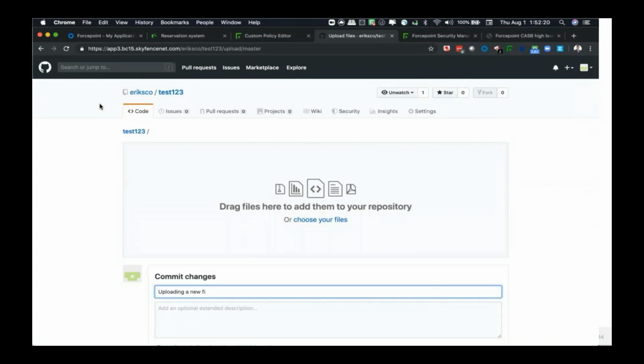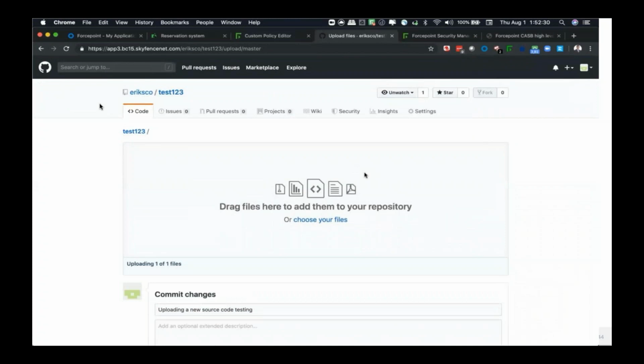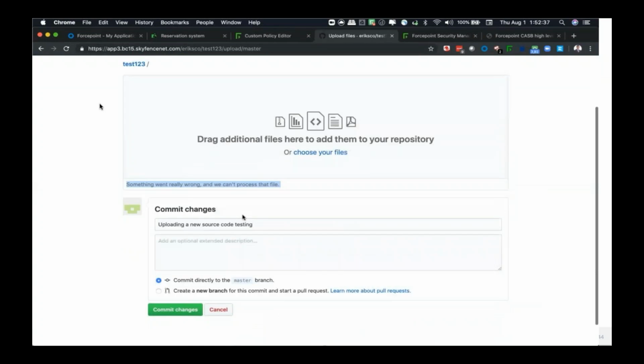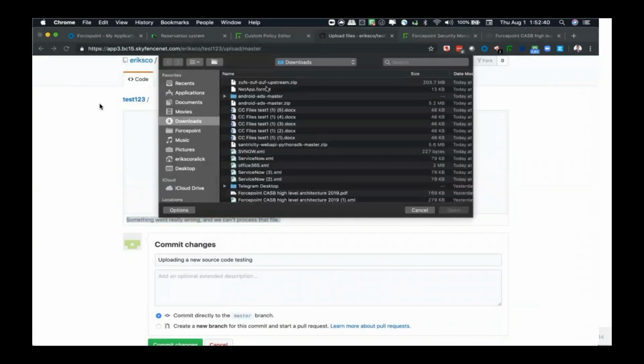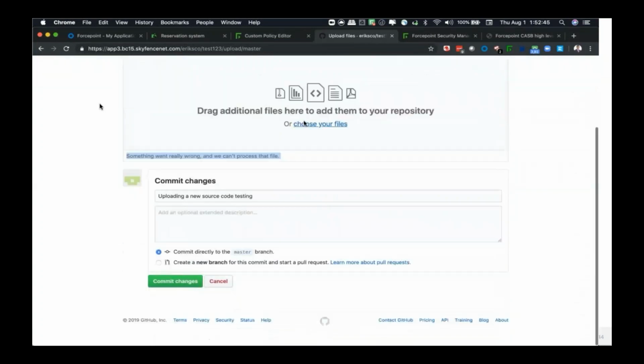But the user decides, well, actually, I want to test the work that I'm doing with real data. I don't care about our company policy on data. Here we go. So something went wrong. We couldn't process that file. So the CASB in real time, with pretty much zero latency, has blocked the uploading of sensitive data to a GitHub environment.